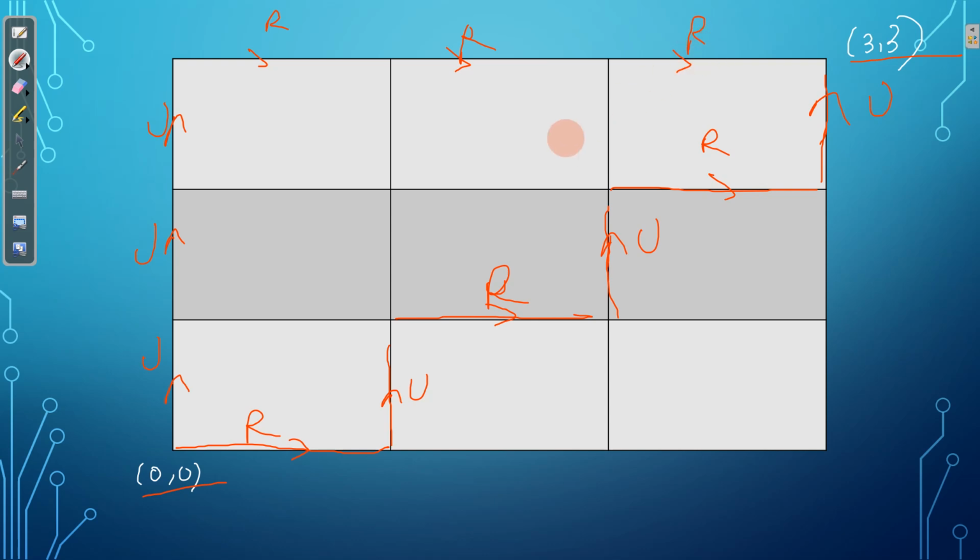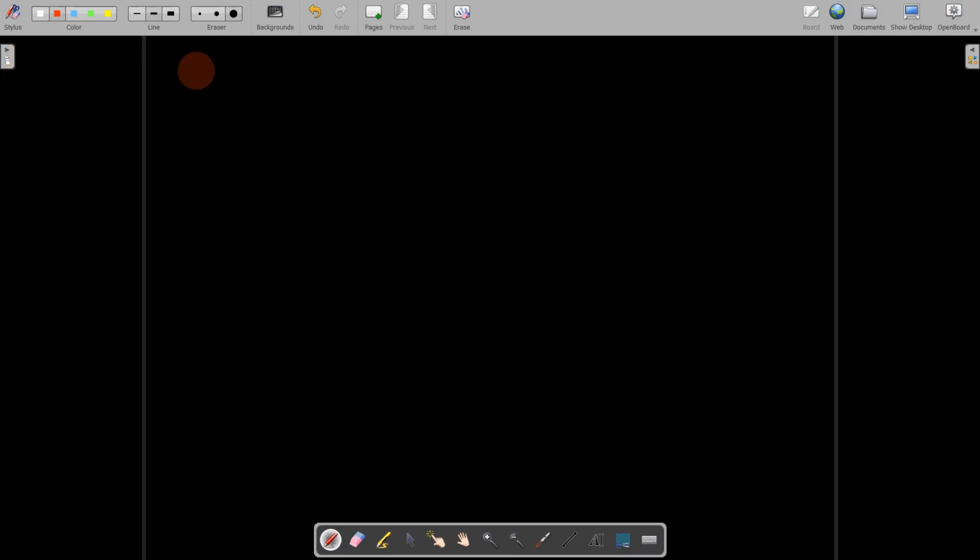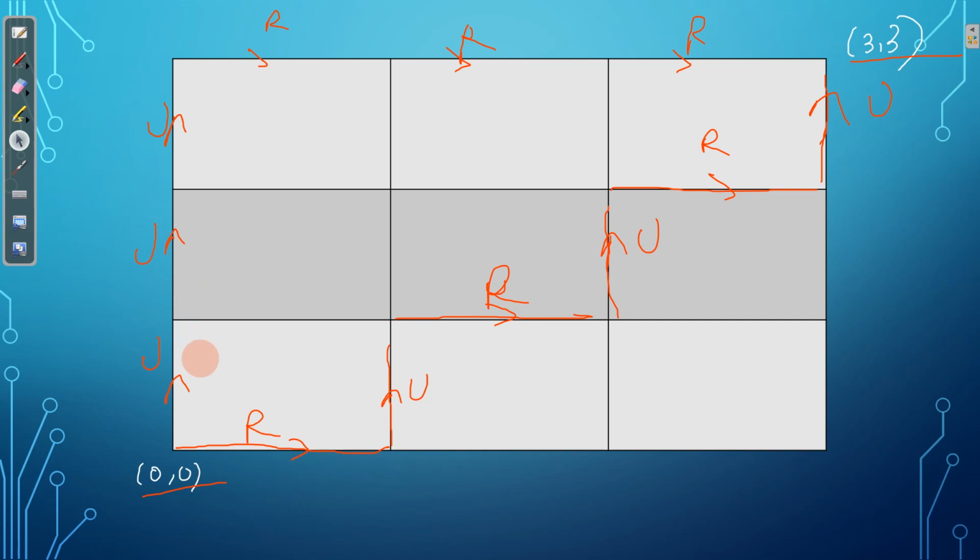So without any restriction, the number of ways to reach from 0,0 to 3,3 would be, let us go to the board again: we have 3 up moves and 3 right moves.